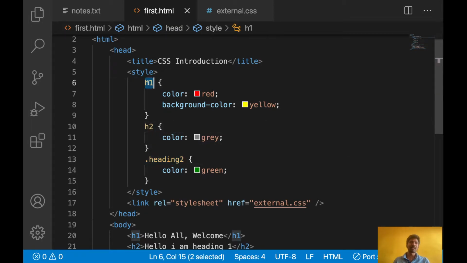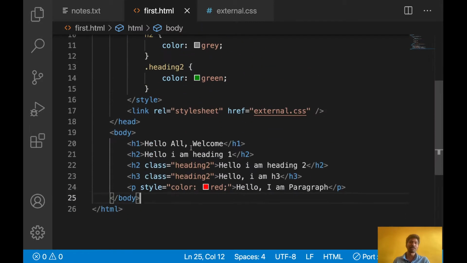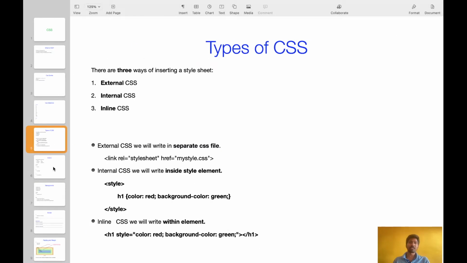Let's say if I write some h1, that will apply for all the h1 elements. But if we write inline CSS, you need to go to each and every element and write it like this. You cannot reuse the CSS if you use inline CSS. Okay, let's go to the next slide.